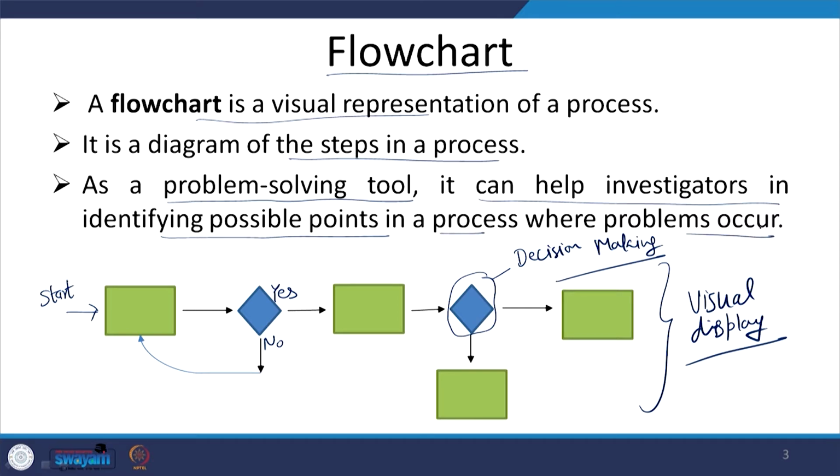Like a very common example you will see on your highways, if there are crossings, there are circles. So, you know that these are the danger points, the points where accidents may happen. If some curve is there, if some sharp turn is there, that is a danger area, because people may not be able to see who is coming from the other side.